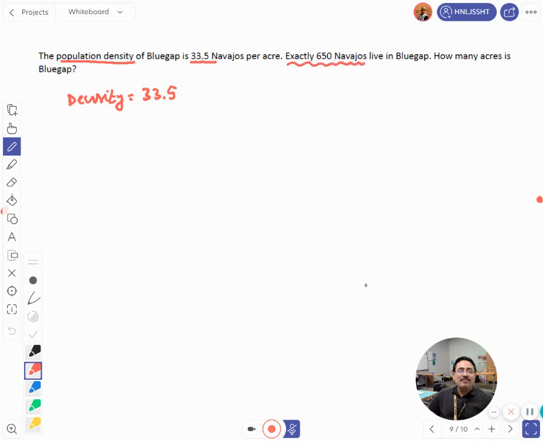Exactly 650 Navajos live in Blue Gap. Okay, so here what does the population mean? The population is given as 650 Navajos. How many acres is Blue Gap? So how many acres means the question is about the area. Please remember,